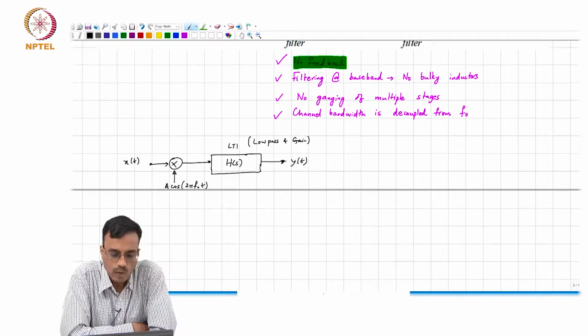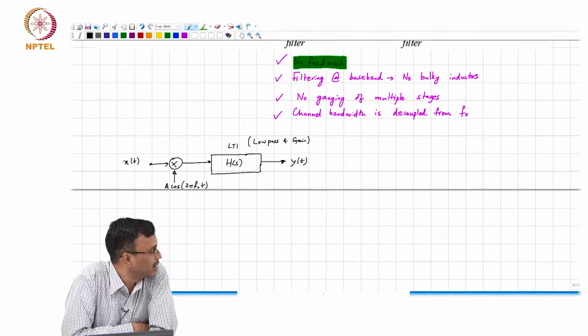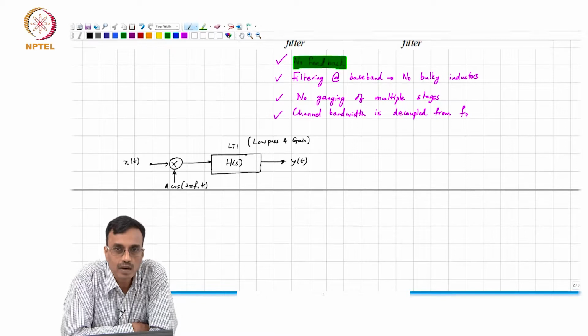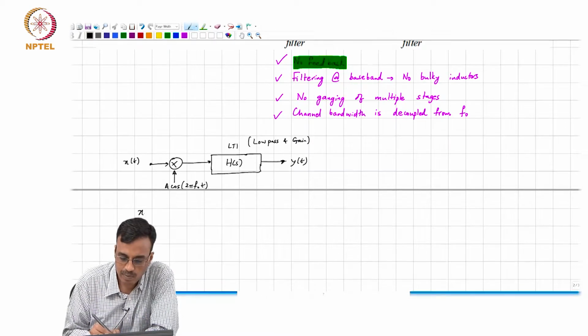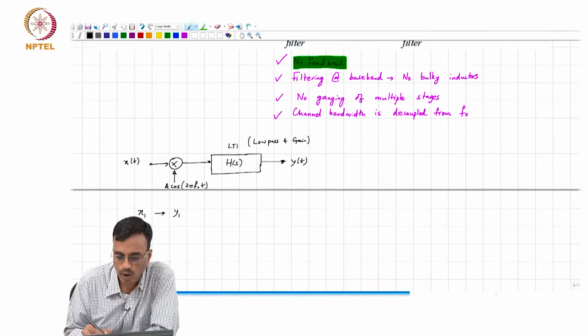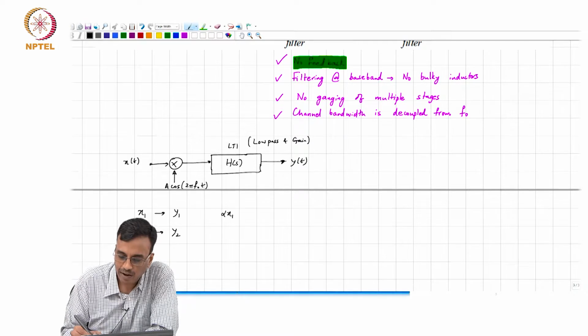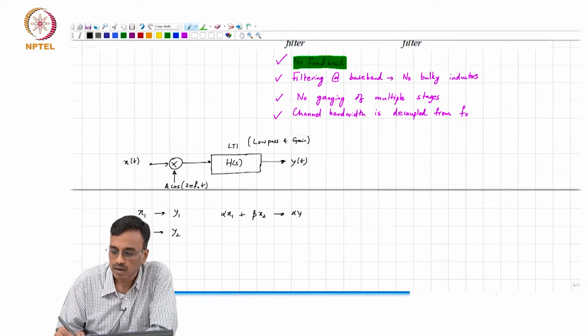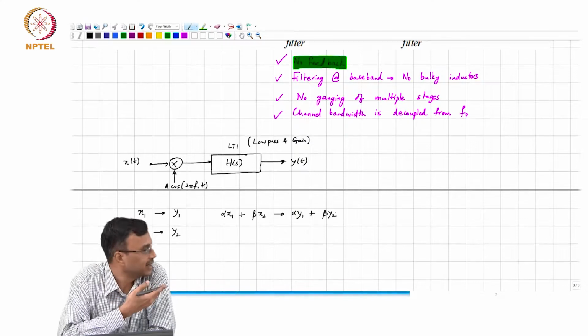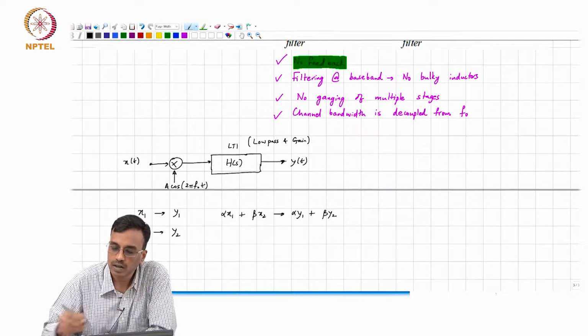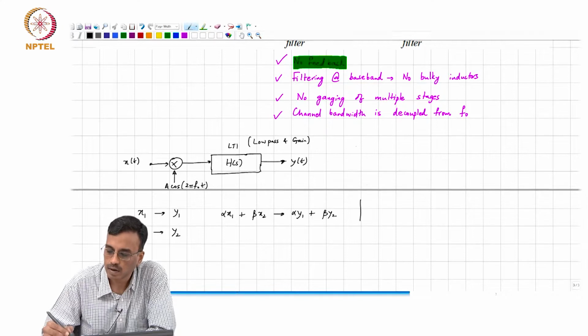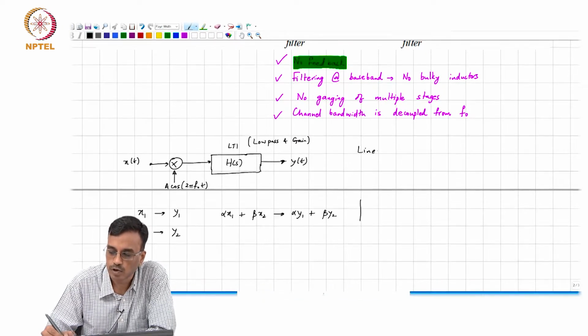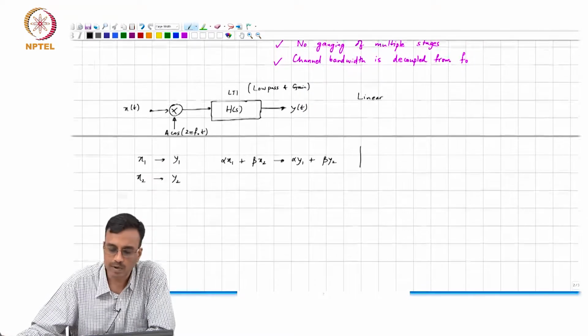Is this linear? Even though you see the multiplier and you might first be tempted to think that it is nonlinear, remember that linearity simply means that if you put in x1 and you get y1, and you put in x2 and you get y2, when you put in alpha x1 plus beta x2, you should get alpha y1 plus beta y2. That is clearly satisfied in the case of a multiplier. So, this is linear for sure.